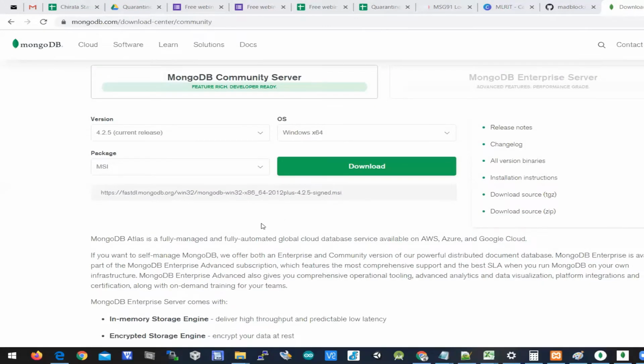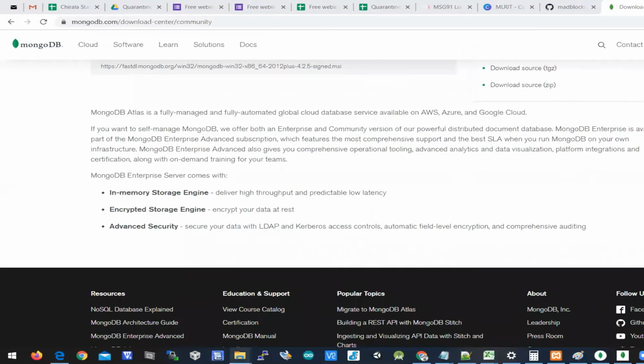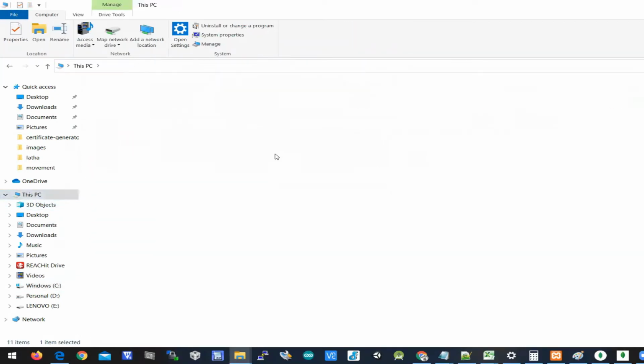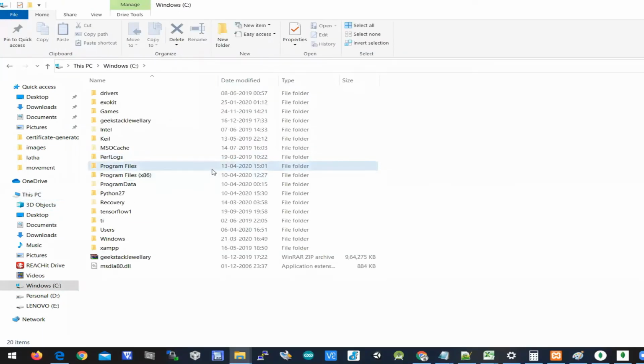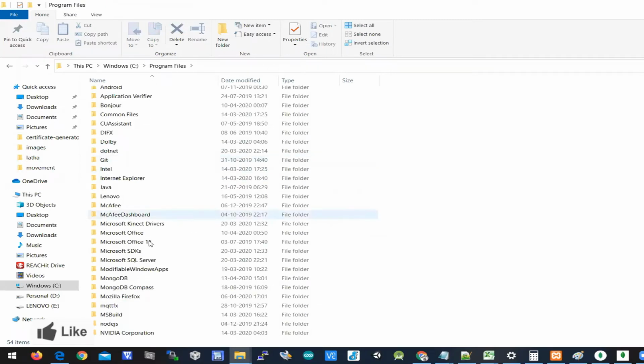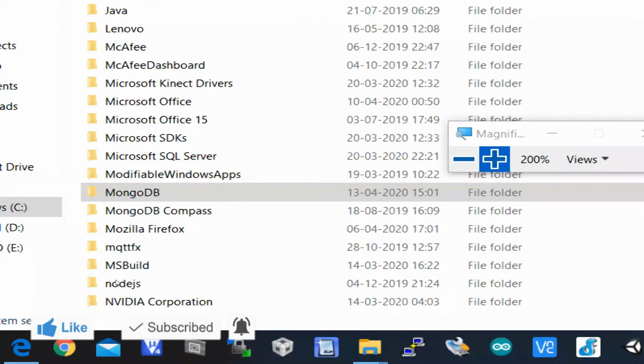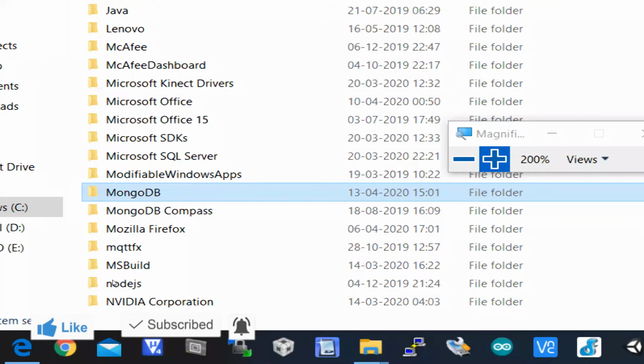When you install it, you can see it in Program Files, in local disk C. In Program Files, you can see MongoDB. You can see this MongoDB folder only when MongoDB is installed on your laptop or Windows machine.